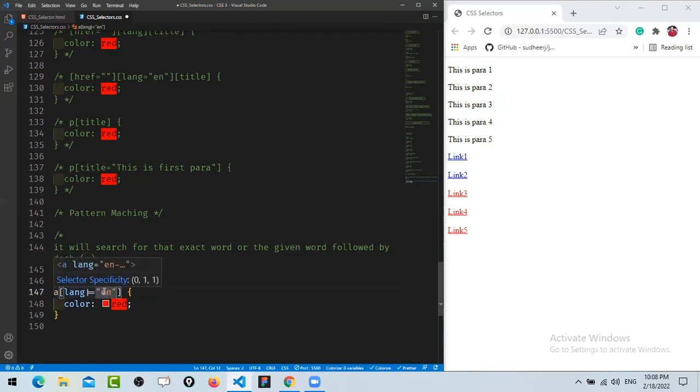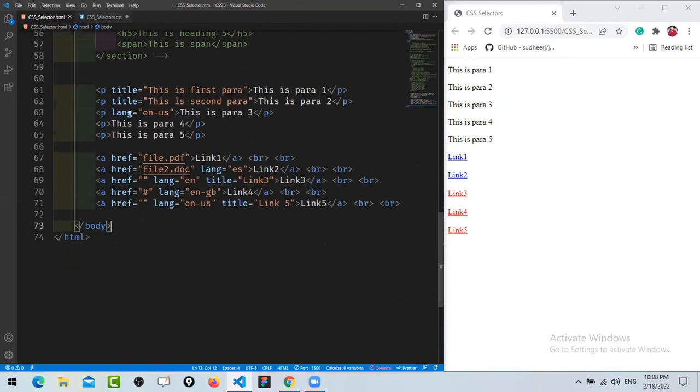Or if you have something, anything, right now I'm using en for lang attribute, but you can use any attribute here and you can give here the word followed by, if dash is there, it will target that element. So I'm going to show you that also. Let's say here we have title. Okay,